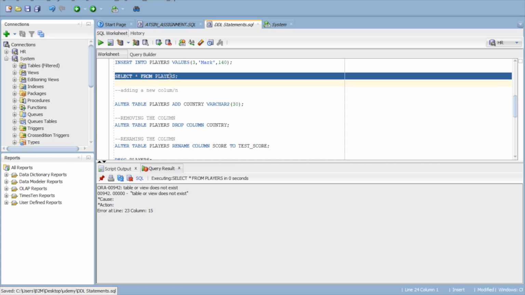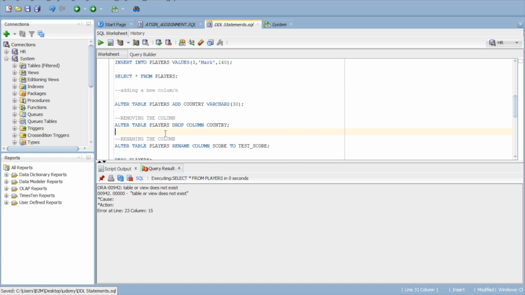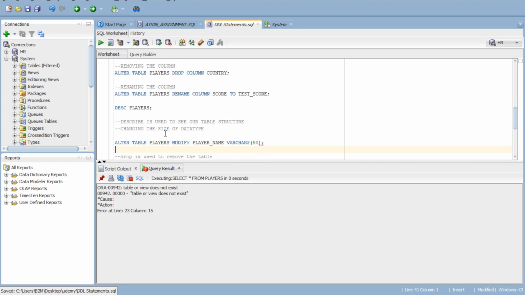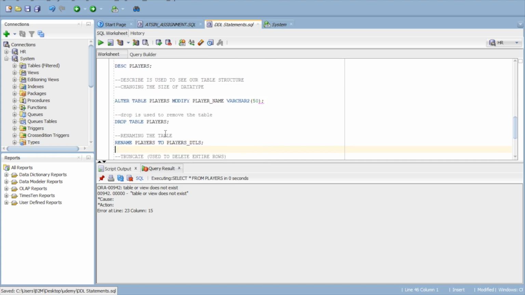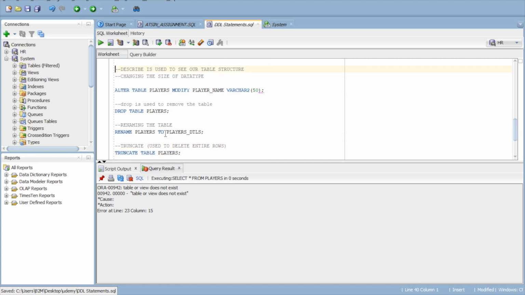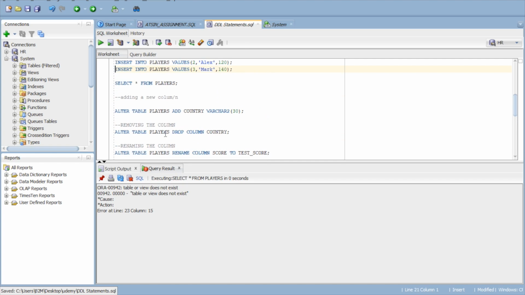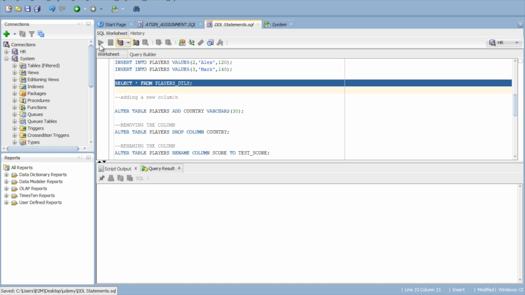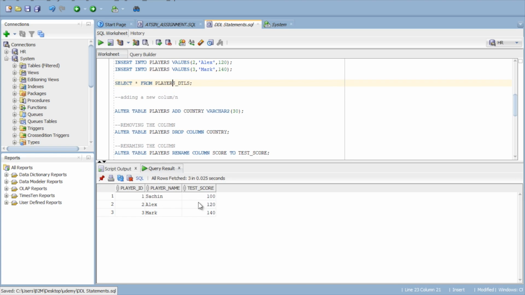Because we renamed our table. That's why the players table is no more there. Instead of that, my table name now is players underscore DTLS. So if I use players underscore DTLS here, I am able to see my table. Yes. So once you rename your table, please use the new name that you have given.